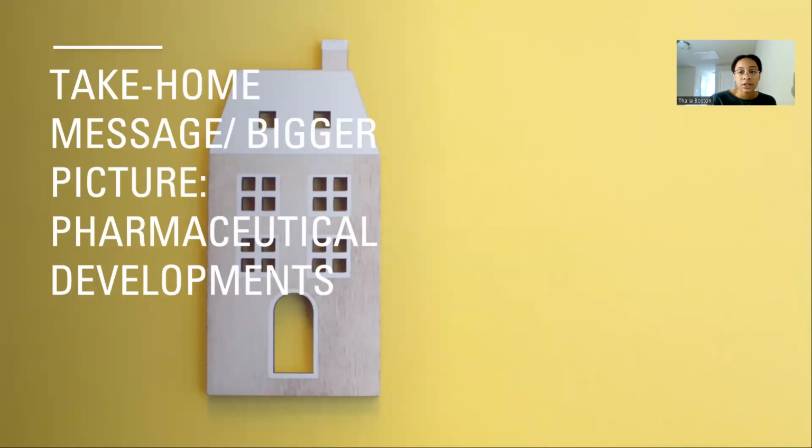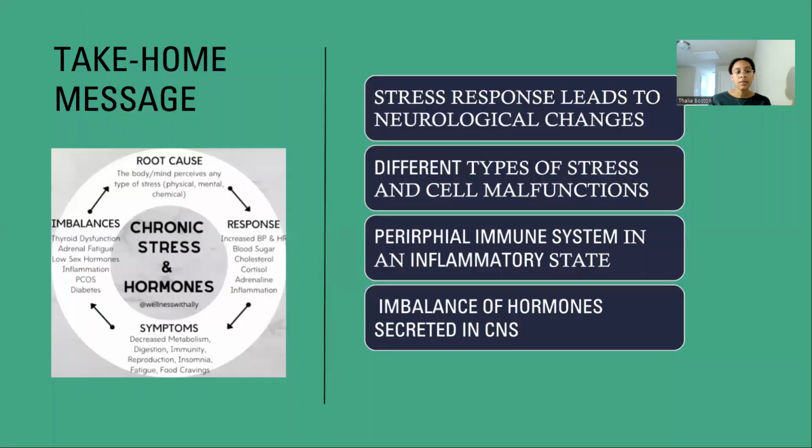So now that I've talked about those major findings of the experimental study, I wanted to wrap it all up and talk about the major key points you can take from it and how we can use this in future instances in pharmaceutical development. What I wanted you to take home, or just wrap your heads around, is that stress is not a direct process. It is basically the opposite. It's an indirect process where, when you are in a stressful environment, it has to go through certain neurological factors to then create an anxious behavior in humans or in other animals, like the rats we just looked at.